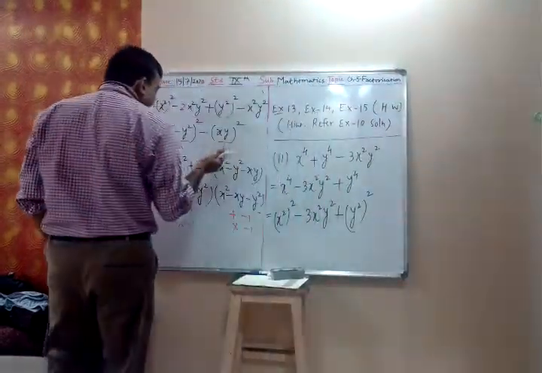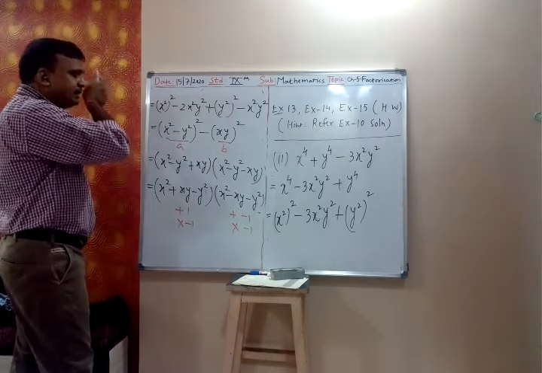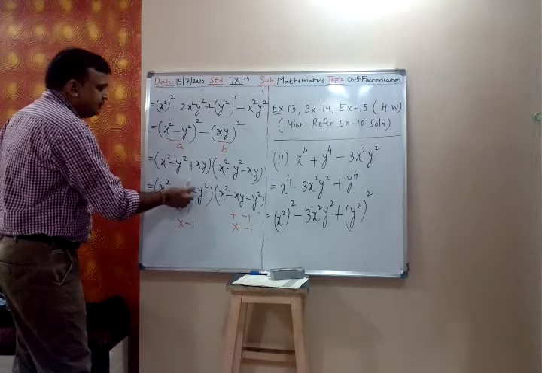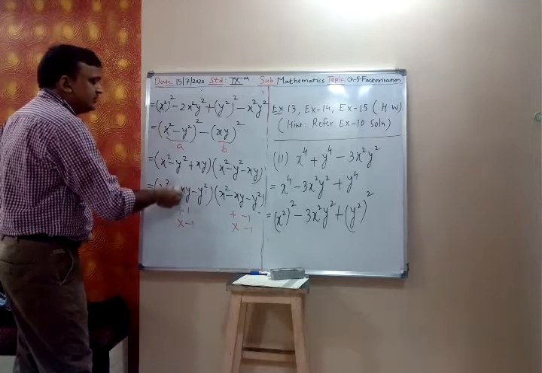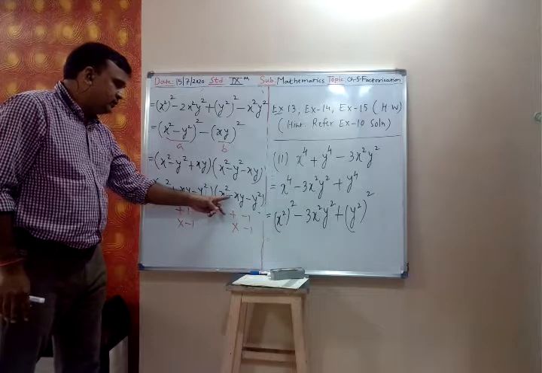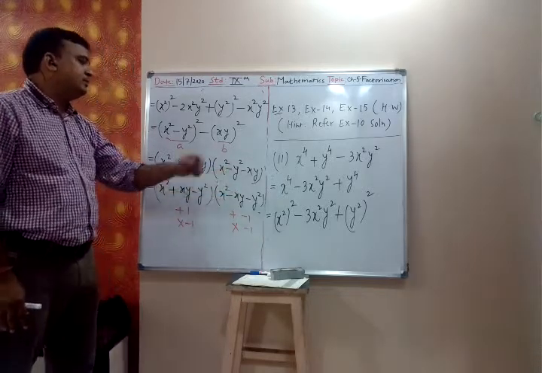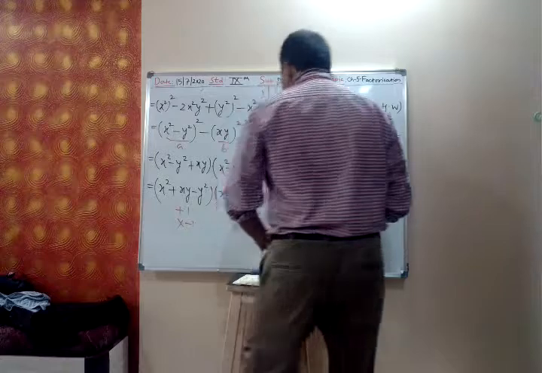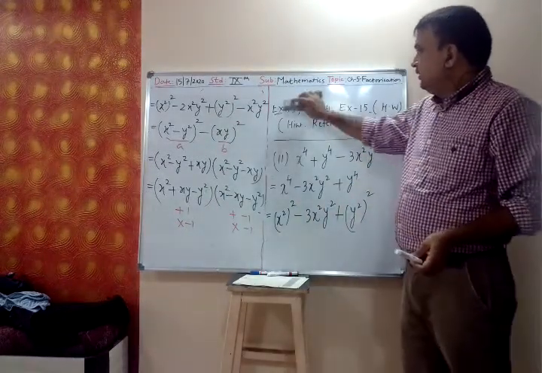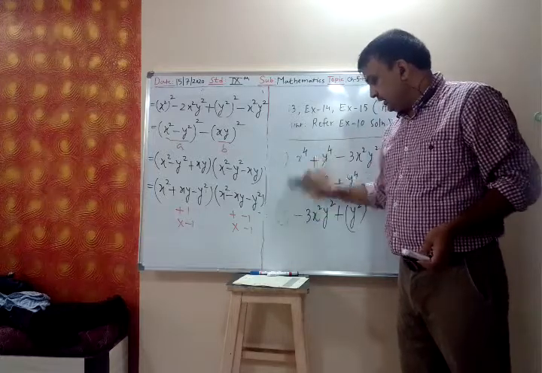You can write x minus y whole square only if it is plus y square and the middle term is 2xy. If it is 2xy and plus y square, then only you can write x plus y whole square. There also you want the middle term 2xy. It is only xy, so I cannot write x minus y whole square. So you have to stop there because it is not further factorizable.